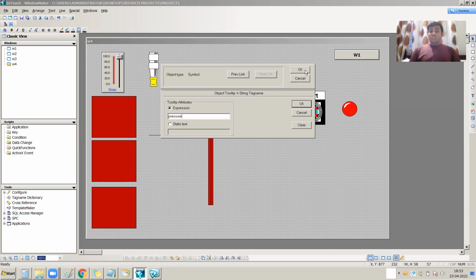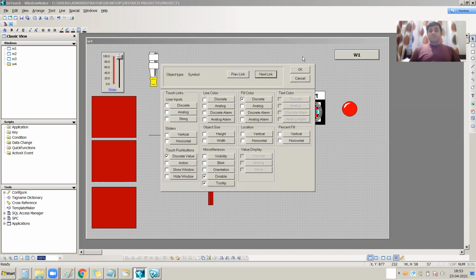You just need to remember that this is the information of some object. If you want to display it over the runtime screen, you can use the tooltip, and for this tooltip you have to use static text. For example, I am writing switch as a text for this object.